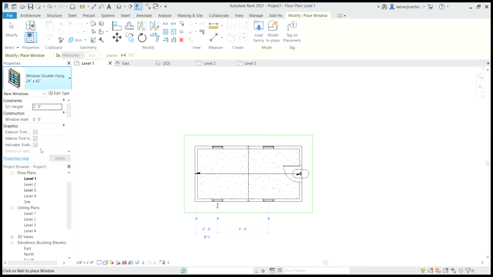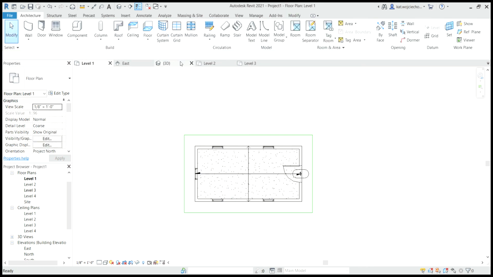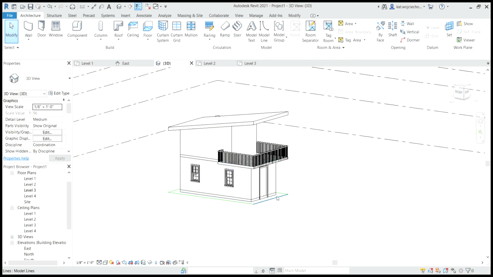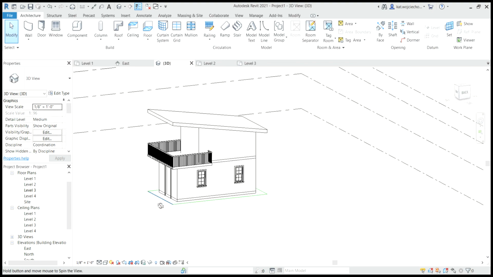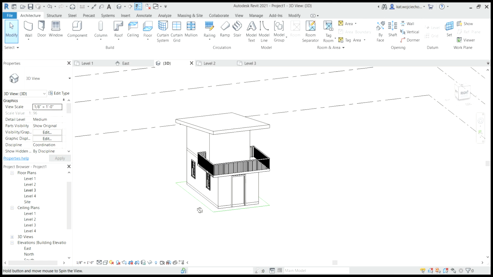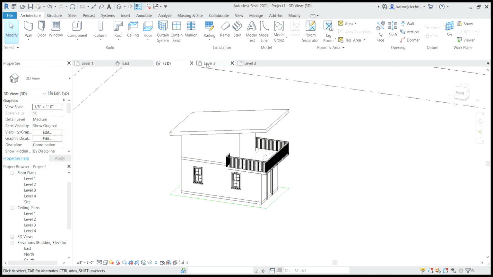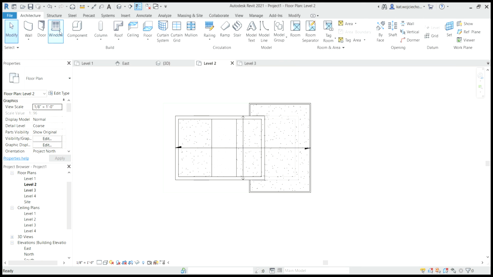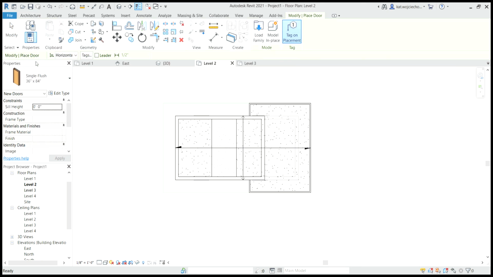Alright, let's get maybe like a fixed in the back here. Try to get that nice and centered. Alright, there we go. Let's check that out on our 3D. Got windows and the door. Let's go on level 2. Let's get a door in there.